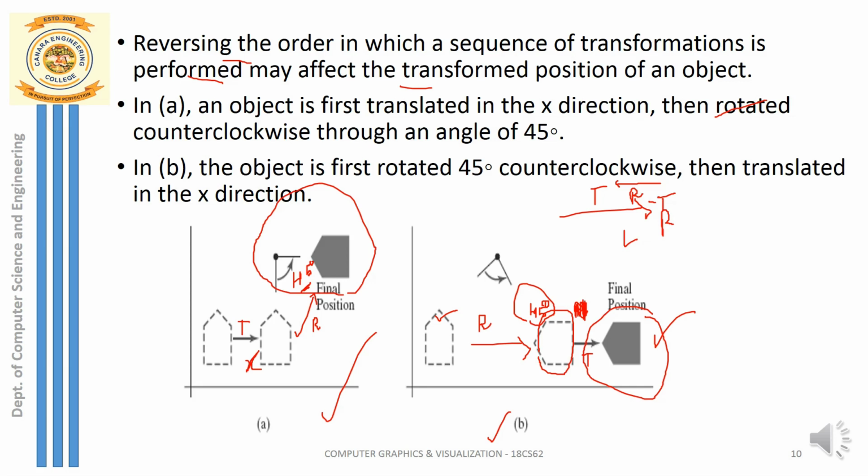See, the angle of rotation remains the same, the translation factor also remains the same, but the only thing that has changed is the sequence. In figure A, first translation is applied and then the rotation is applied. So writing from right to left, first translation and then rotation. But here, first I am doing rotation, you can say from left to right I am applying, first rotation and then translation. In both cases the position changes. This is the difference you can see if you change the sequence of transformations. So this is what is going to happen.